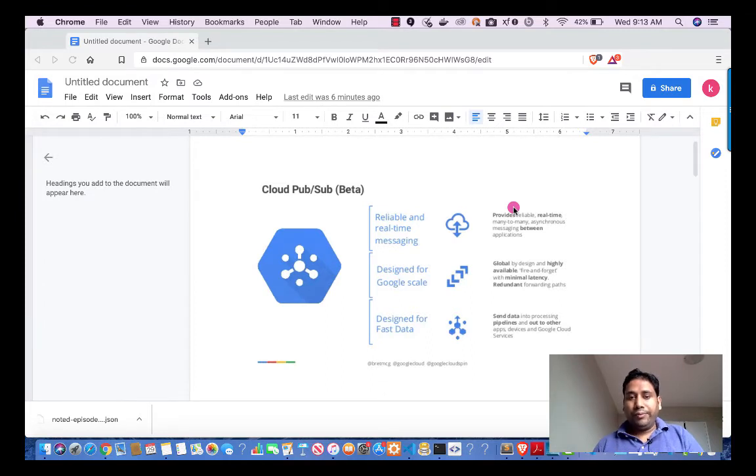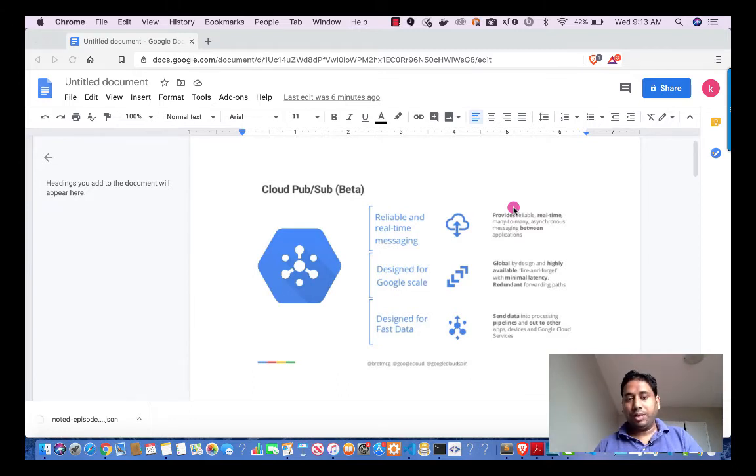systems. So when we say Cloud PubSub, it is one of the reliable and real-time messaging services provided by Google. If you have ever heard about messaging queues like Kafka or RabbitMQ, in the same way Cloud PubSub is the offering from Google.